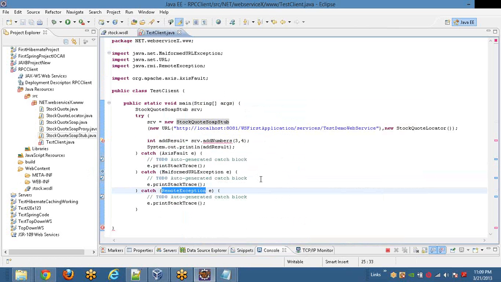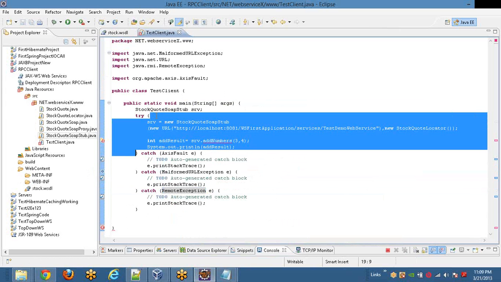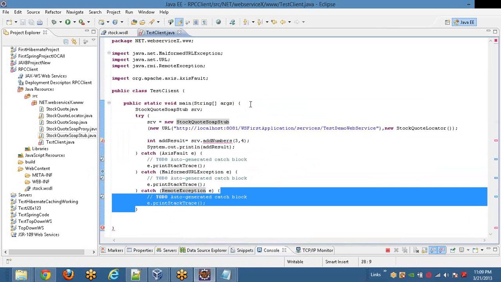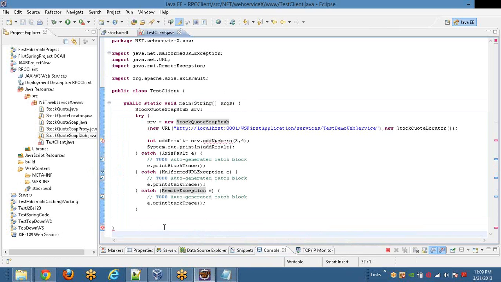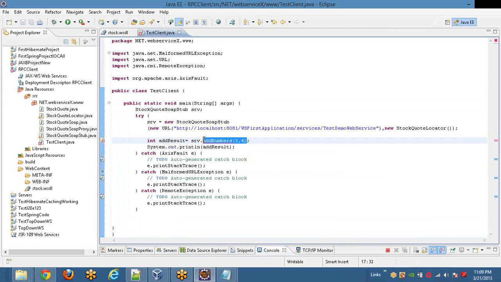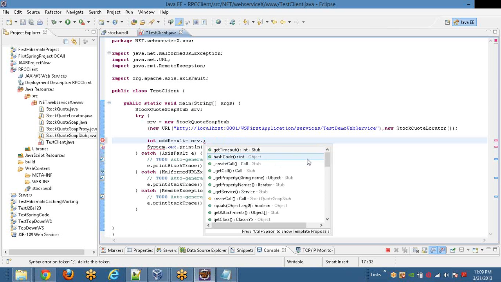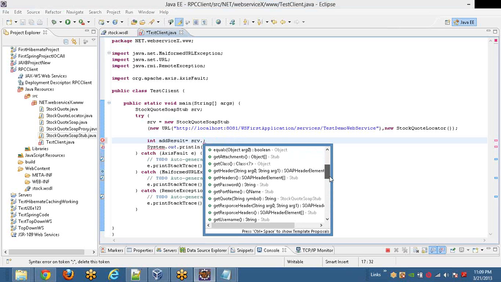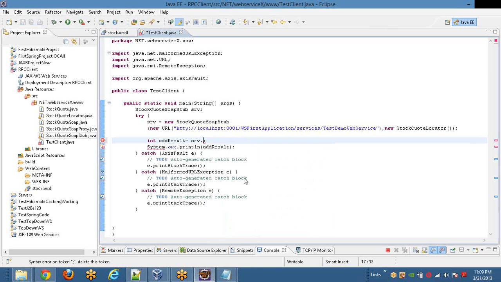Now, the only thing left, let's check it out. Catch this one, and then we need one more, I think. Yeah. So now you see that the only error it gives is this one. We know that it's pre-built stuff, so delete that part and do a control space to see what are the methods which are available. Now this was get quotes, so somewhere it should be available. You can see get quote is available, and in this one let's try to